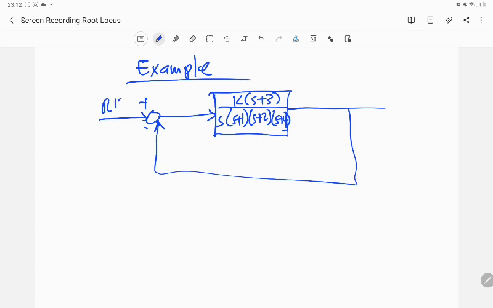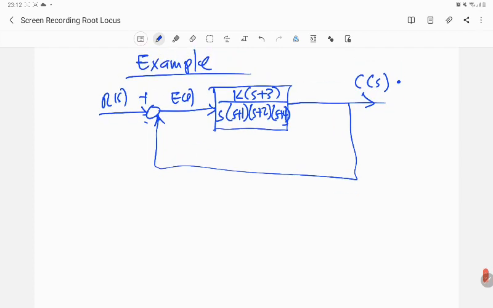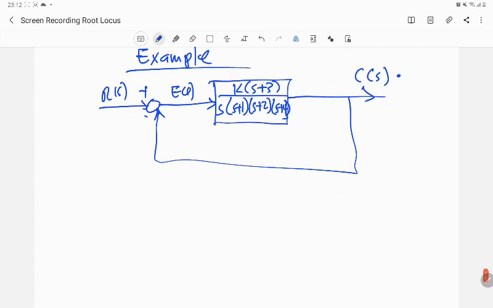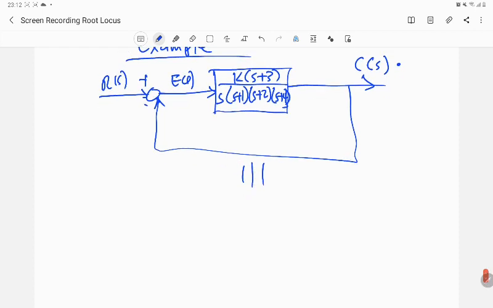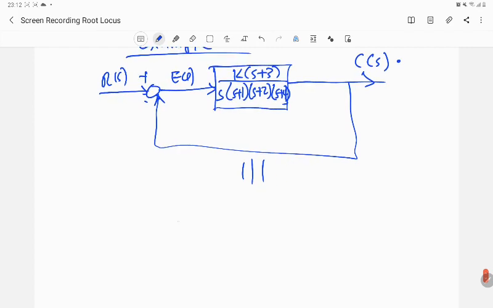This is our R(s), and this is our E(s), and that is our C(s). Okay, so if we have this system, of course, then we can easily find T(s) and use it. So again, the root locus for this system is going to be equivalent to, if the system was drawn this way,